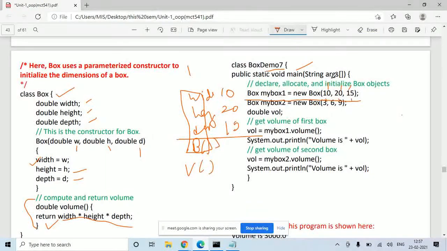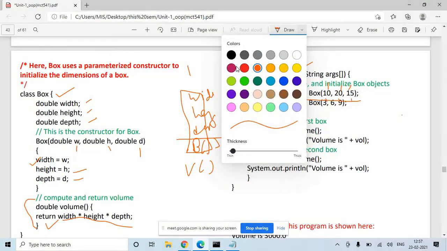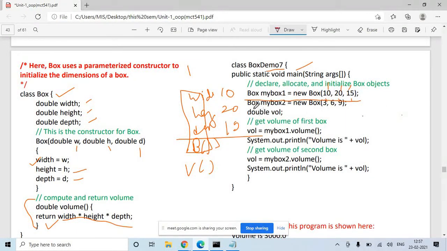Say for the next object, myBox2 = new Box(3, 6, 9). This line will create an object my box 2. It will have width, height, depth, one constructor function and one volume function.